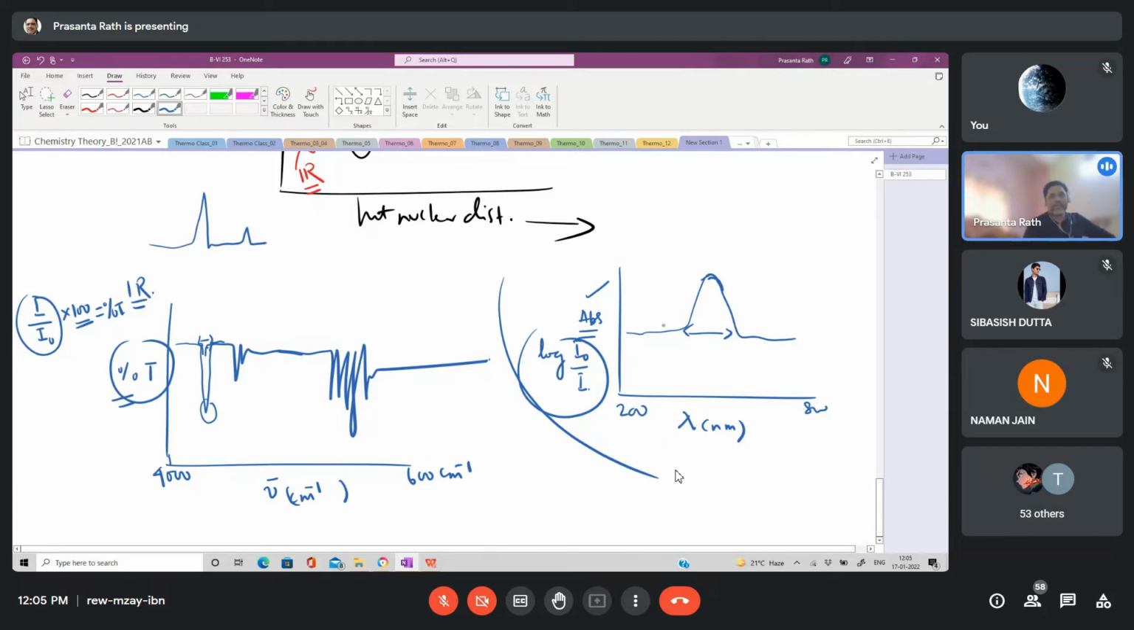ऐसा नहीं कि ये पीक आपको डाउनवर्ड ही दिखेगा, ये ट्रांसमिटेंस लिए है इसलिए इसका पीक डाउनवर्ड दिख रहा है, और पीक थोड़ा शार्प होता है। जो टिप ऑफ द पीक है आप देखोगे ये सब शार्प होता है नॉर्मली। और एक चीज आप देख भी सकते हो कि एक पर्टिकुलर वेव नंबर यहाँ पे है 1500।